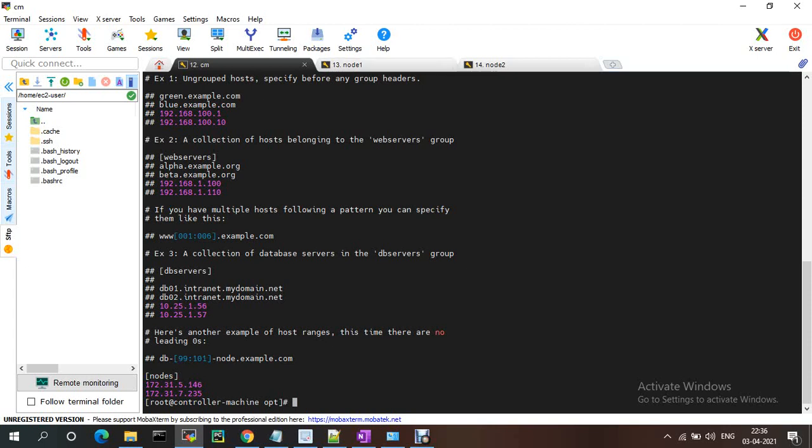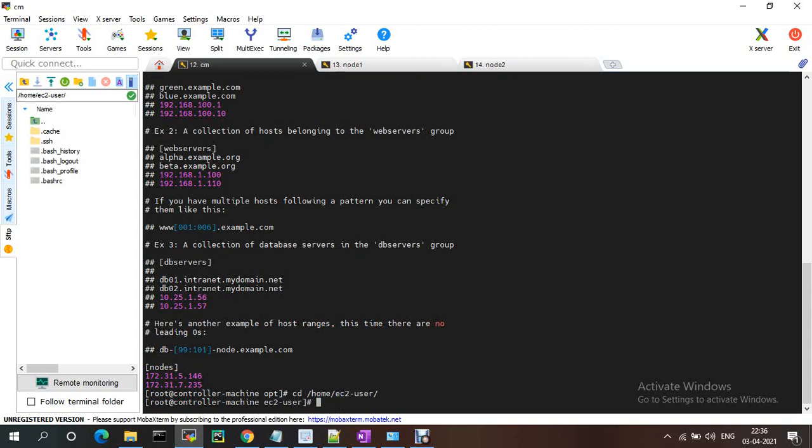You can keep it anywhere, like in the home directory. I want to run from here, so suppose I want to create an inventory file, like vi mvn inventory.